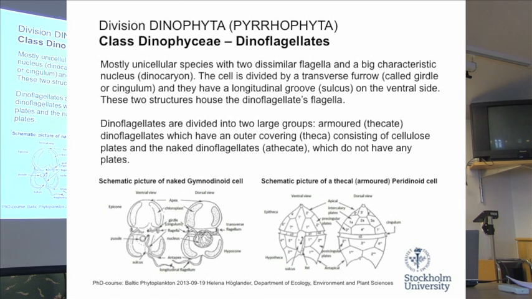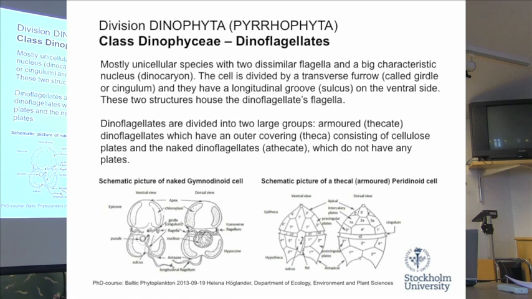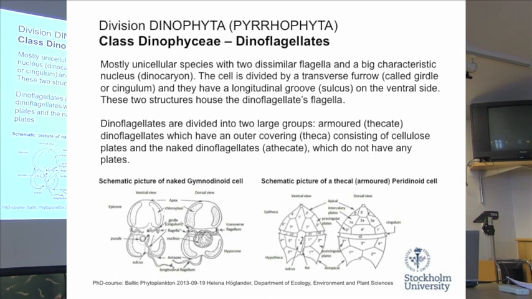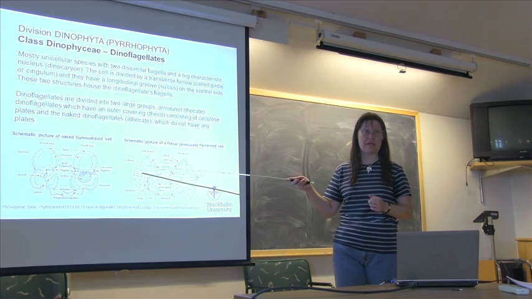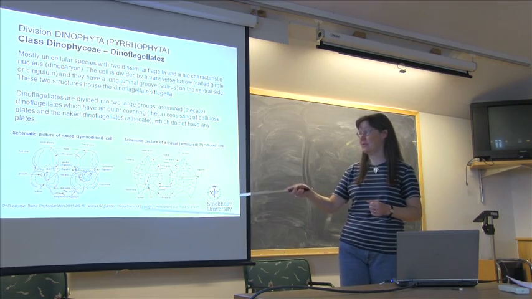We have what's called the naked cells, and the armored and heterotrophic cells. The naked ones have no plates. The armored ones have what are called thecal plates, and these plates can be used for identification of these species. So how they are arranged, the size and the form of these, and how many plates you have are used for identification of these armored